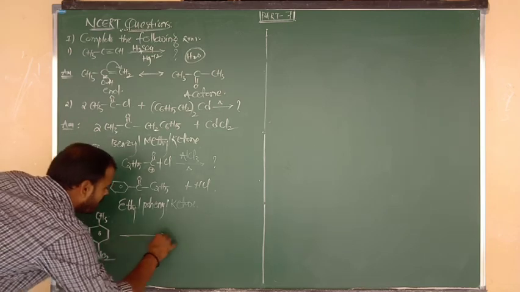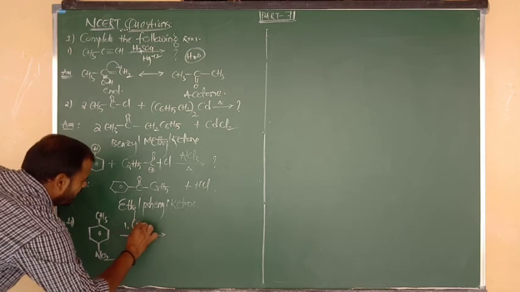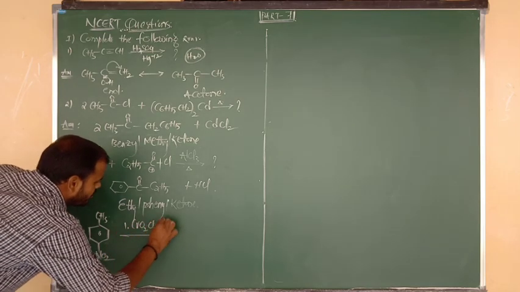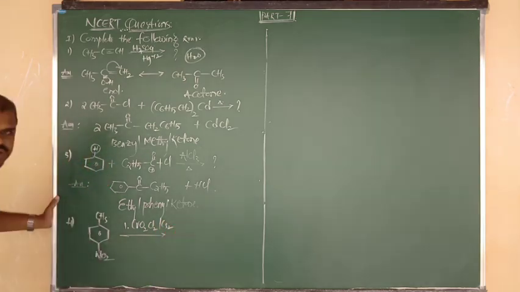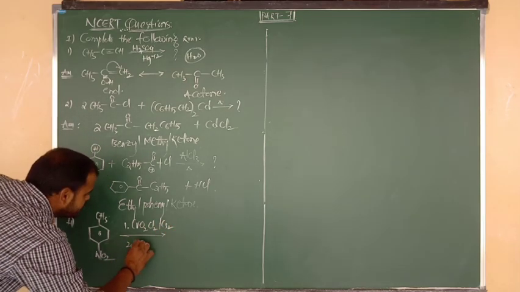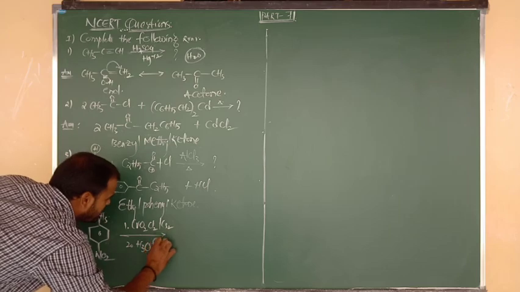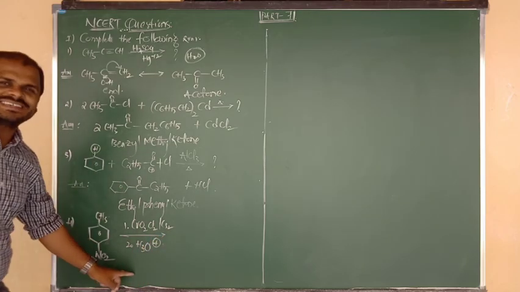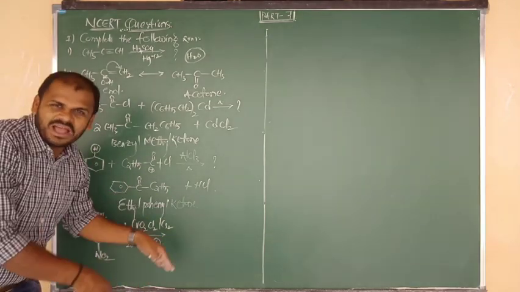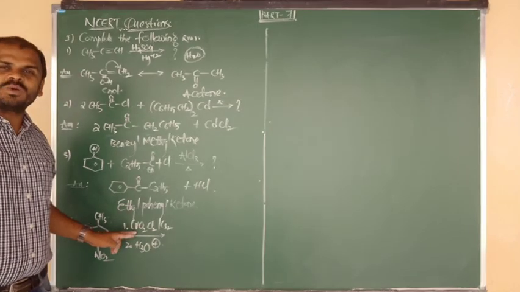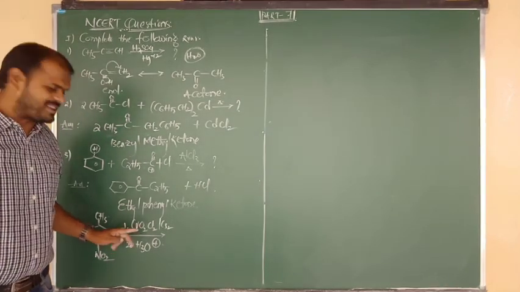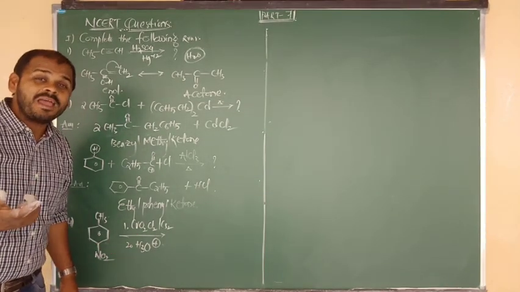But upon the arrow mark they have given reagent 1 as CrO2Cl2 in CS2, and reagent 2 simply as H3O plus. So by these two reagents, just now I have told you, the reaction is nothing but what beta? Etard reaction, chromyl chloride. What will happen?